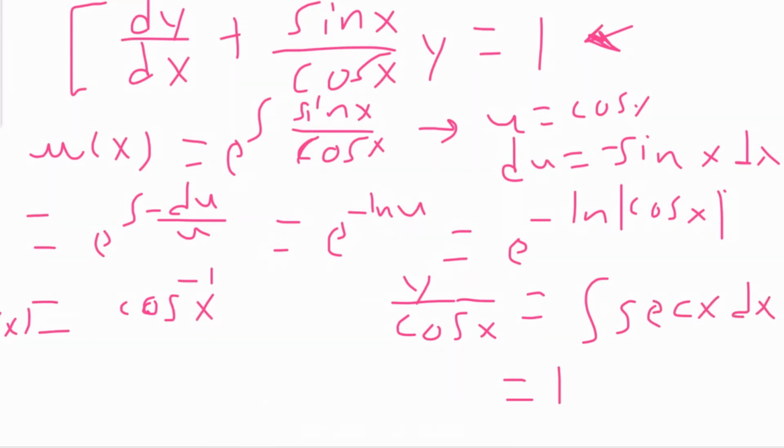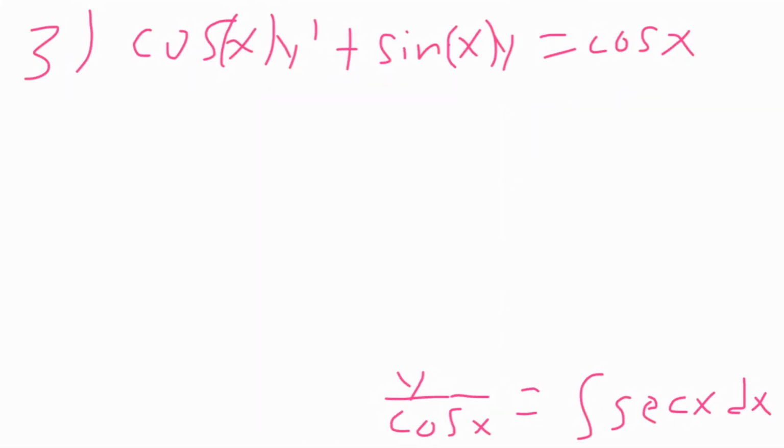And the integral of secant x is ln secant x plus tan x, and then plus c, y over cosine. So now we need to isolate y, so y is equal to cosine x ln secant x plus tan x,